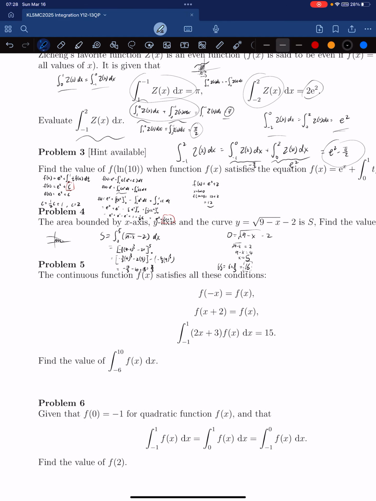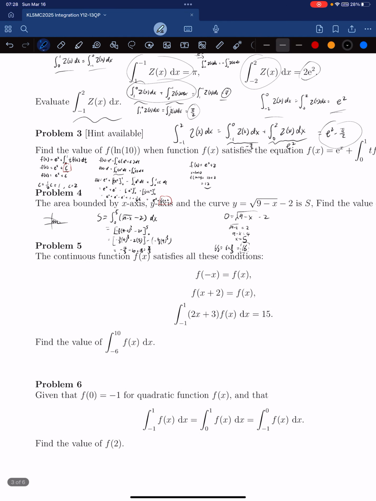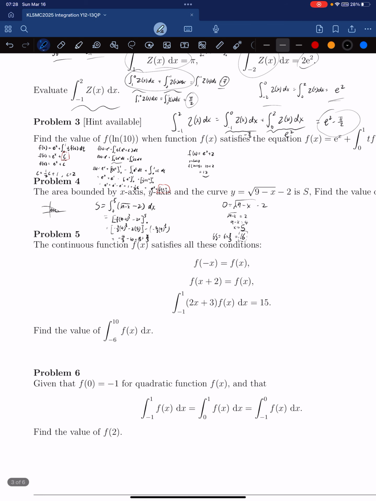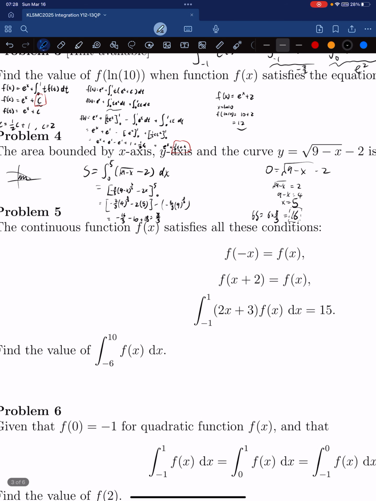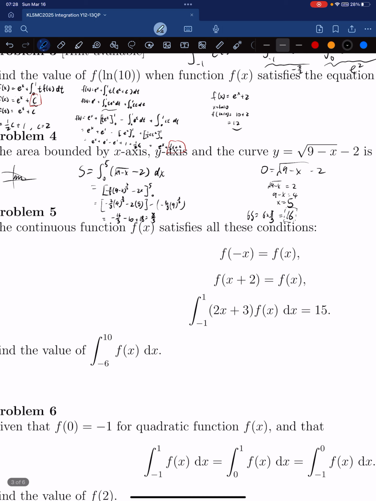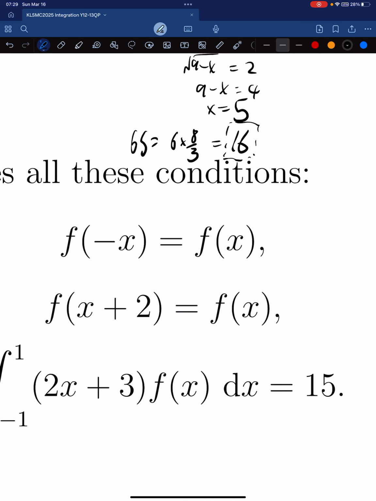Now we're on to question 5. There's two ways of doing it. The first way is definitely by considering this important thing, that f of x plus 2 is equal to